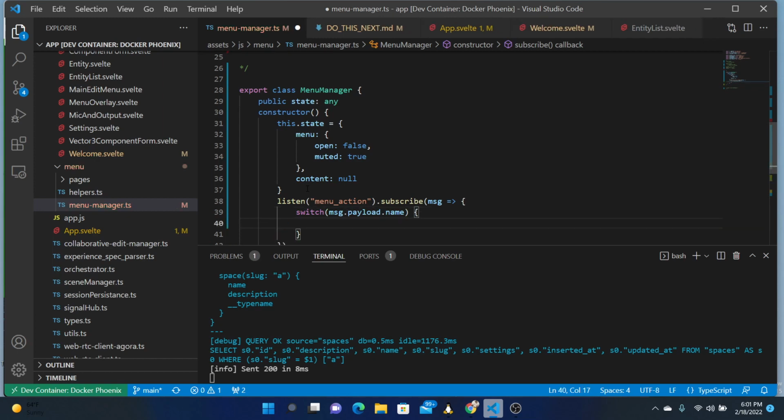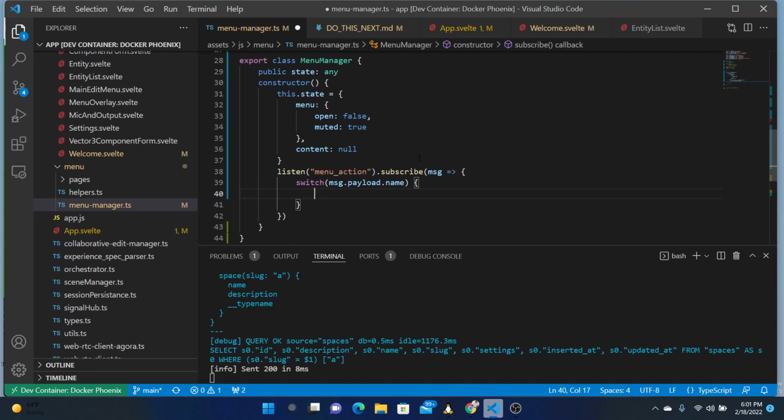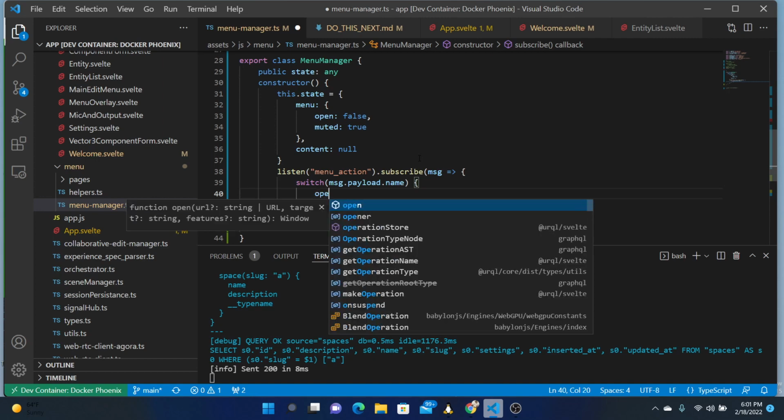And then so when the name is going to be open menu,